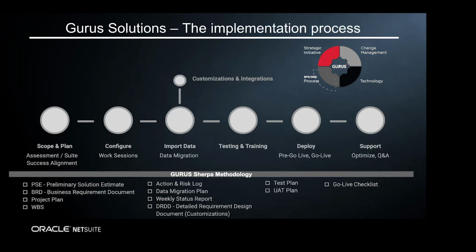We also have UAT and test plans to ensure that each process has been set up correctly. But most importantly, and often overlooked in ERP implementations, we have a data migration plan to provide both strategy and execution details as to how we will move you from your current systems onto NetSuite. All these internal tools allow us to reduce risk, maintain execution speed, and achieve successful project completions time and time again.